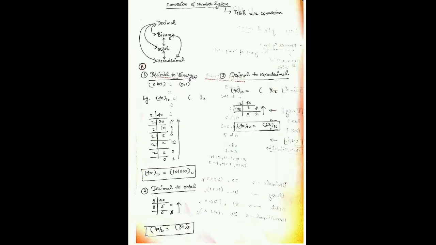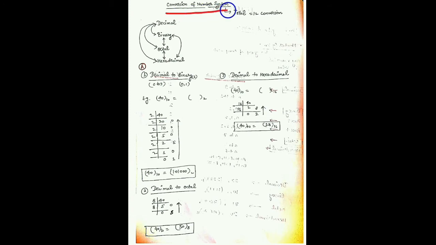Now binary number examples are 10, a 2-digit binary number, and 111, with base 2. Octal number example is 71, because octal number is defined from 0 to 7. We can use digits 0 to 7 only, so 71 or 7654, and its base is 8. Hexadecimal we can write with digits and A to F. You can write any number of examples, but for understanding I'll put these examples.